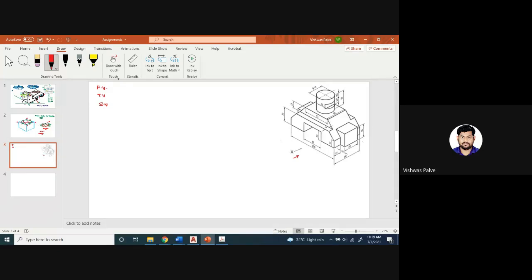So this is the x direction from where we are going to view this. Okay, so tell me the maximum length, maximum width, and maximum height of this problem. So first we have to find out what is the maximum length, maximum width, and maximum height of the problem. So from this x direction, this 100 millimeter will be the maximum length.